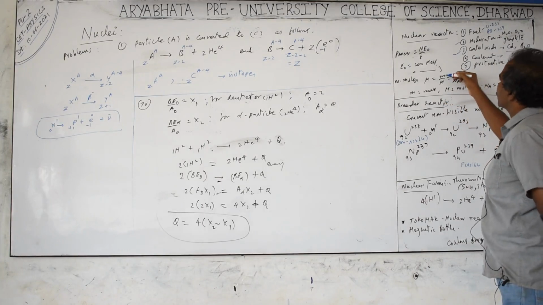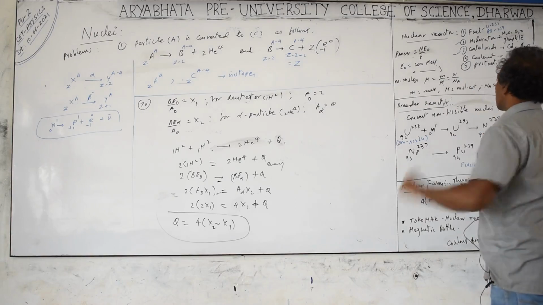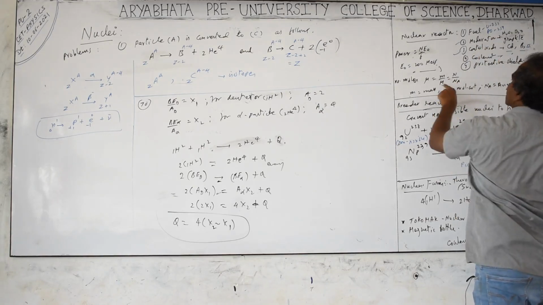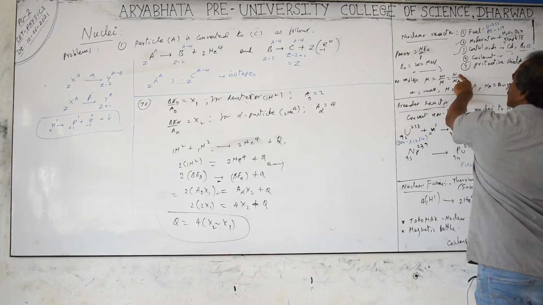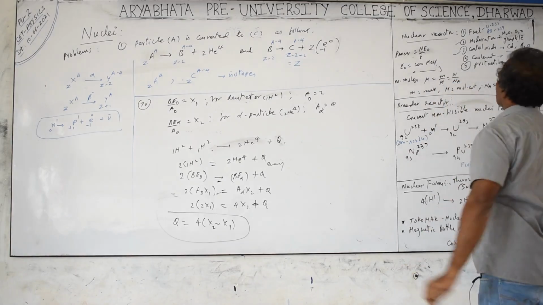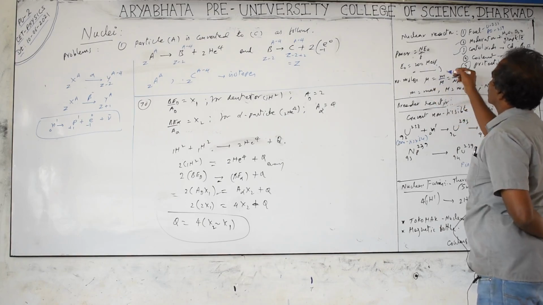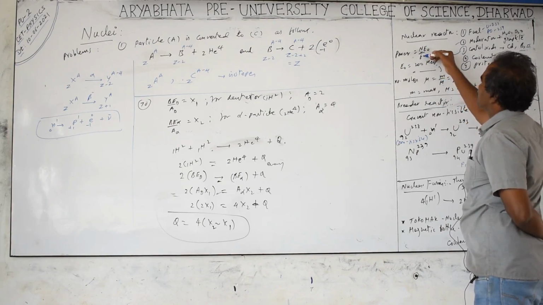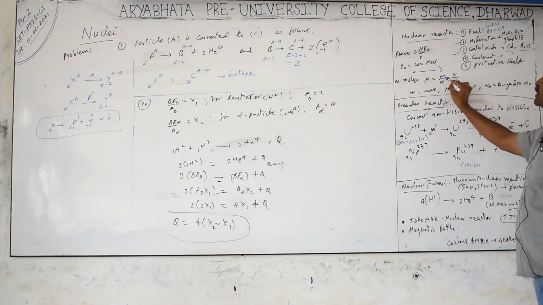If they give the mass, this is the molar mass for uranium-235, which becomes 235 units, in grams. In the CGS system I am telling, into a molar mass, the molecular weight or atomic weight itself is to be expressed in grams. This is the number of particles or nuclei, this is Avogadro's number. You substitute here and you will get the expression, where mu is the number of moles. Then you will get the energy released per second, or the number of nuclear fissions taking place per second, n by T, or power in watts from this relationship. They will give the grams or kgs, so this formula is useful in such cases.